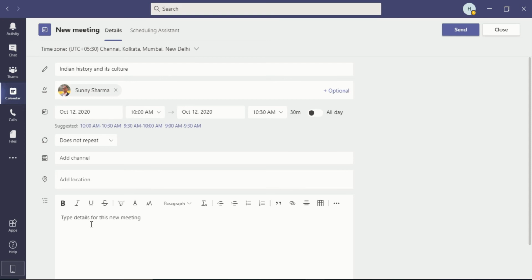And in here, you will type a little bit of detail. This is the demo meeting scheduled to look into Indian history and its culture.